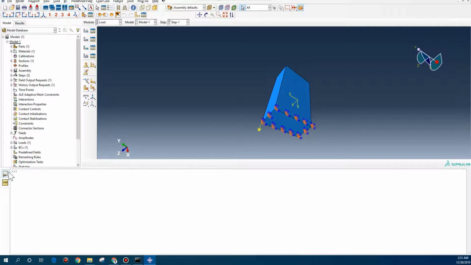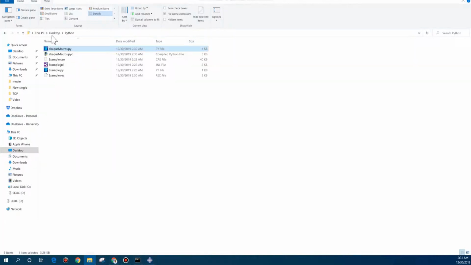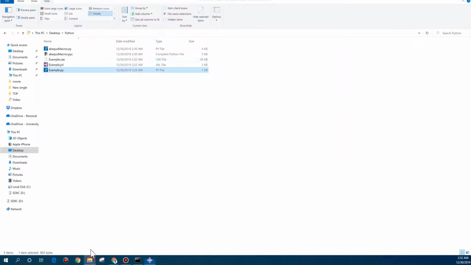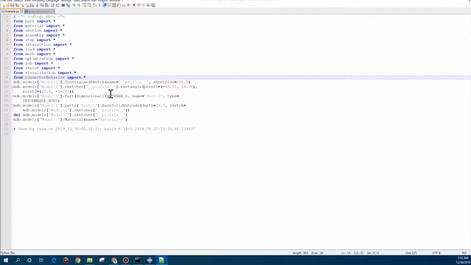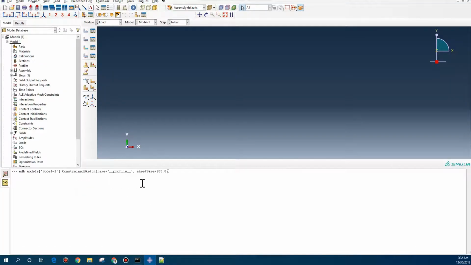In here, you can use the same method that we use in here for developing the code. In here, we could create a file, and then we do it. We create a model, but we can do the same thing in here. For example, if I erase the part, the model, I can go to this file, and then I can say I want this code, and here